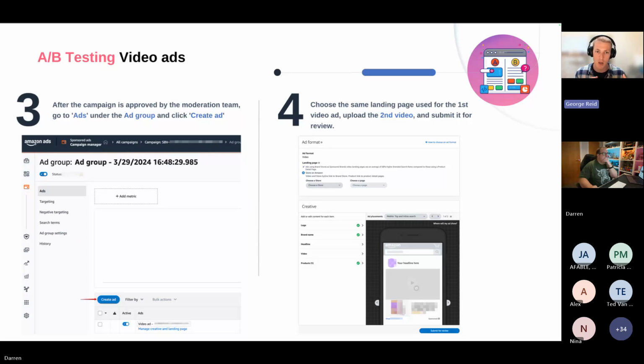So Prem's kindly gone through and done a very simple, clean step-by-step. And again, you're going to get these slides. I'll send them through. But this means with all of the components we've given you, you can then go, I'm going to try opening component 1 and opening component 2. The content will be the same. I'm just testing animations. Or maybe I'm just using component 1, but I'm going to vary the video selection.